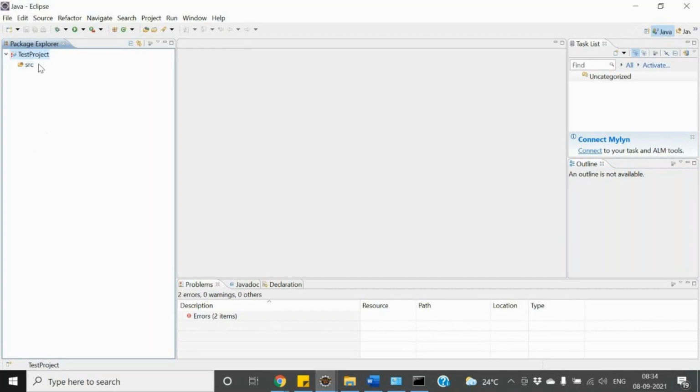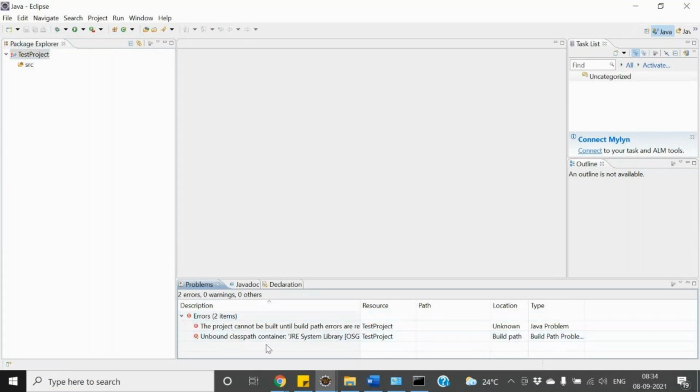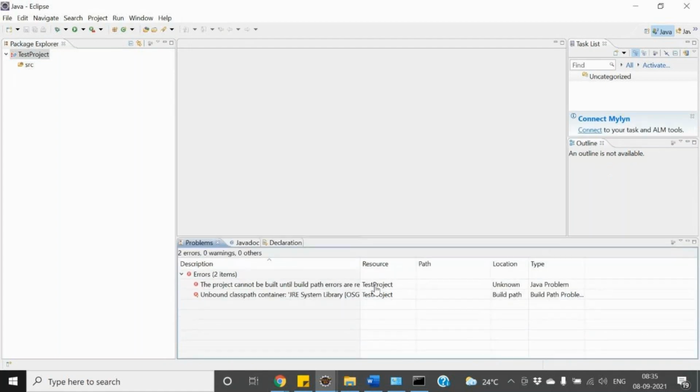As soon as we created the project, this is the project explorer area, isn't it, where we'll be able to get our project. And if we get some error, we'll be able to see it over here. This is the console, where we'll be able to get the output or the error.